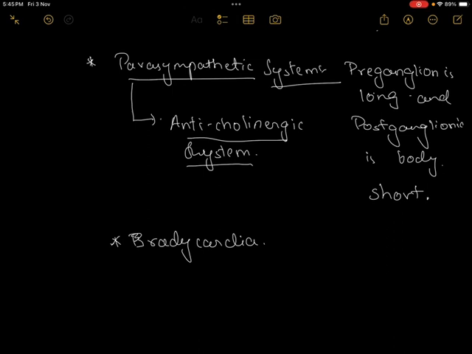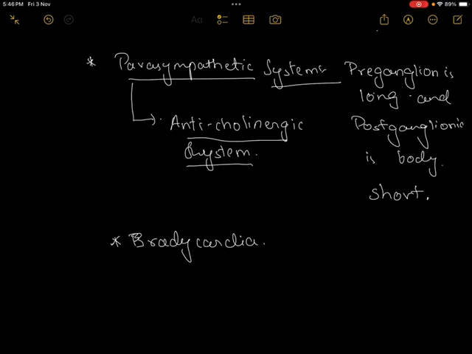If there is too much decrease in the conduction of impulses, then automatically there will be a blockage found in the AV node, because although the sinoatrial node is conducting the impulses,